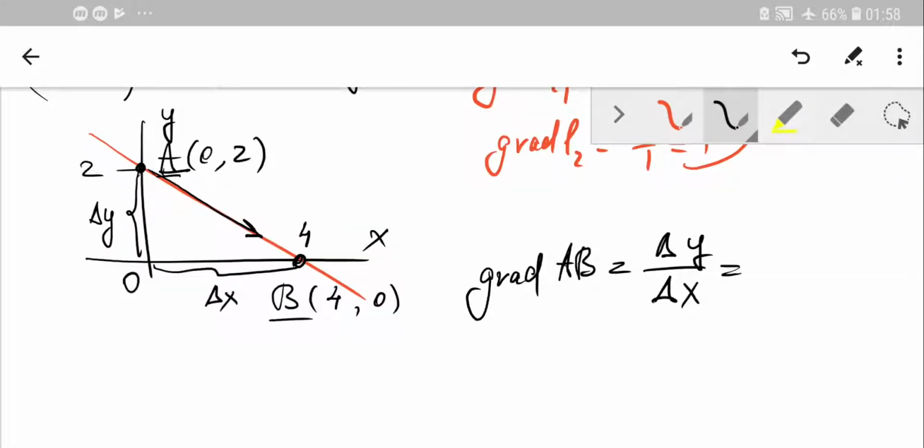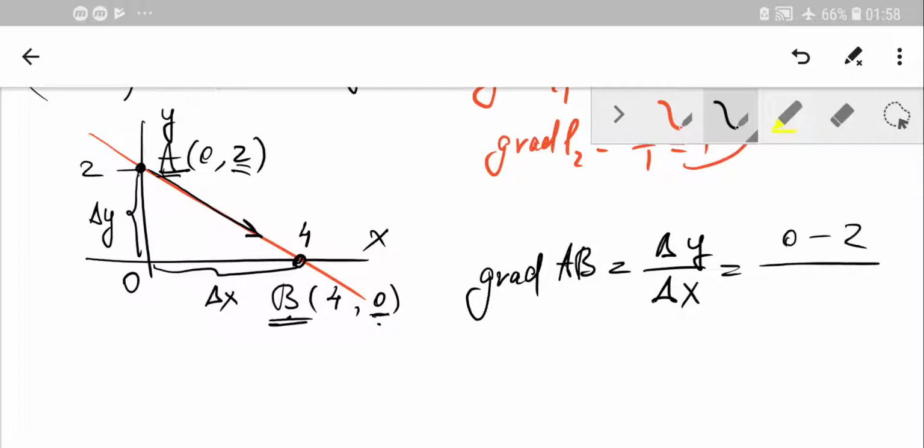So how to calculate change in y? Change in y is negative if you start subtracting coordinates A from coordinates B. So let's calculate. For y, we have 0 minus 2, okay? So 0 minus 2,